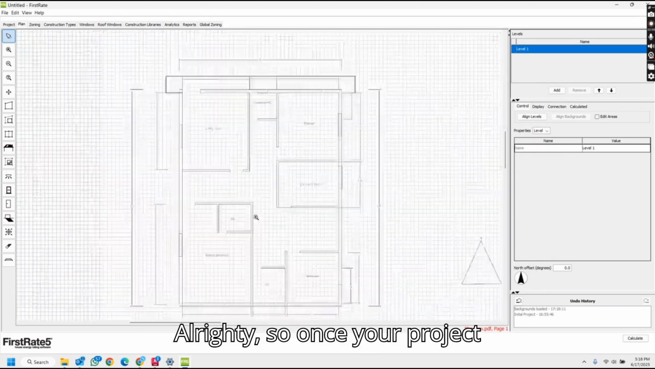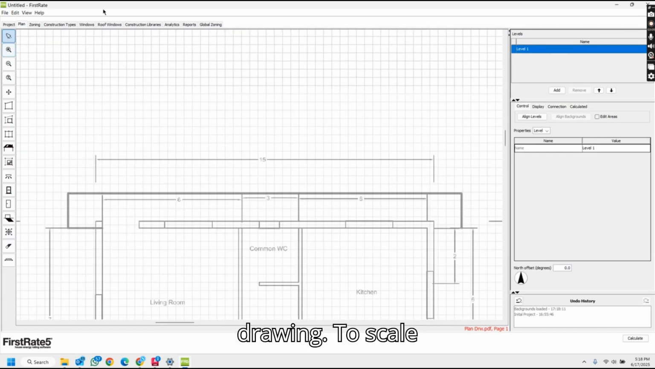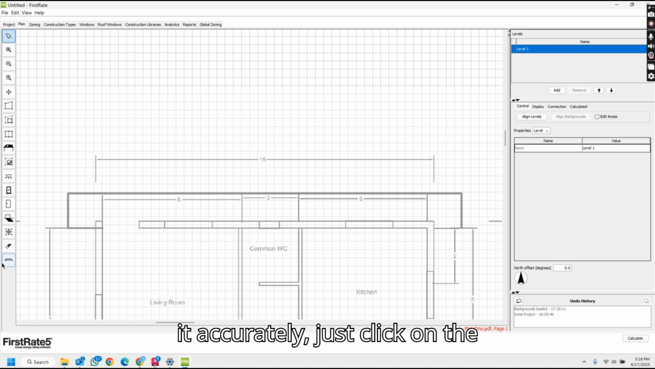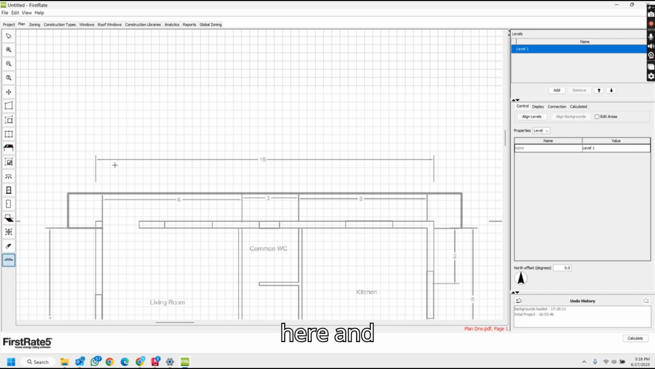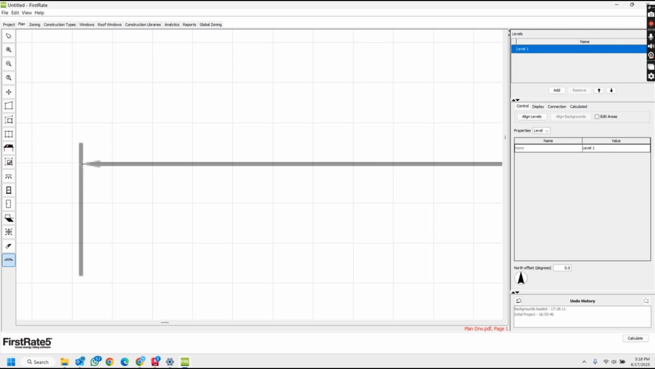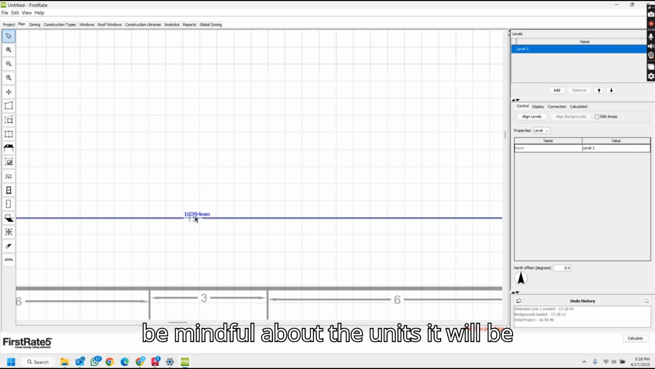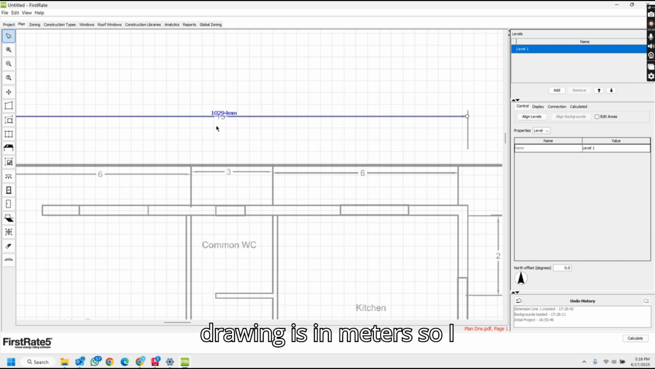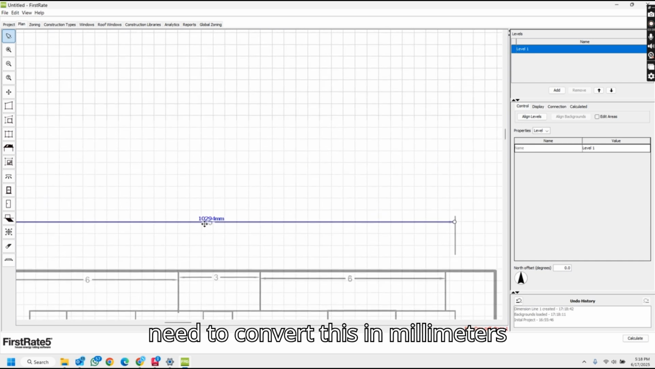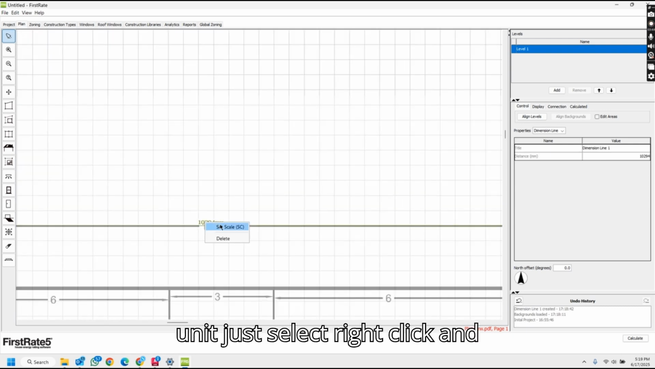So once your project is added, you need to scale your drawing. To scale accurately, just click on the dimension tool right on the left corner here, and just like Revit, you need to scale it. Be mindful about the units. It will be in millimeters and my AutoCAD drawing is in meters, so I need to convert this in millimeters. To reset the unit, just right click and select set new scale